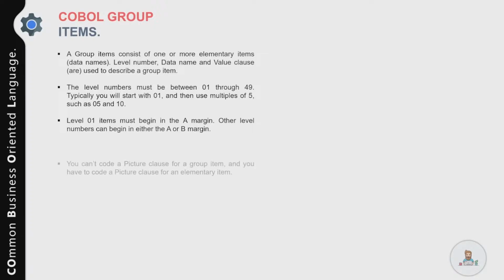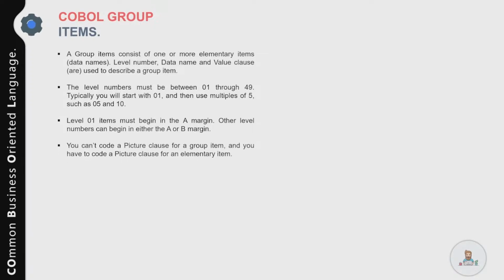For example, you use 1 to define a group variable and the elementary items would be defined at level 5, and subsequently you can use 5, 10, 15 depending on the layout and your requirement. A level 1 item must begin in area A. All other level numbers can begin either in area A or B. You cannot code a picture clause for a group item, and you have to code a picture clause for all the elementary items. A group item is always treated as an alphanumeric item,